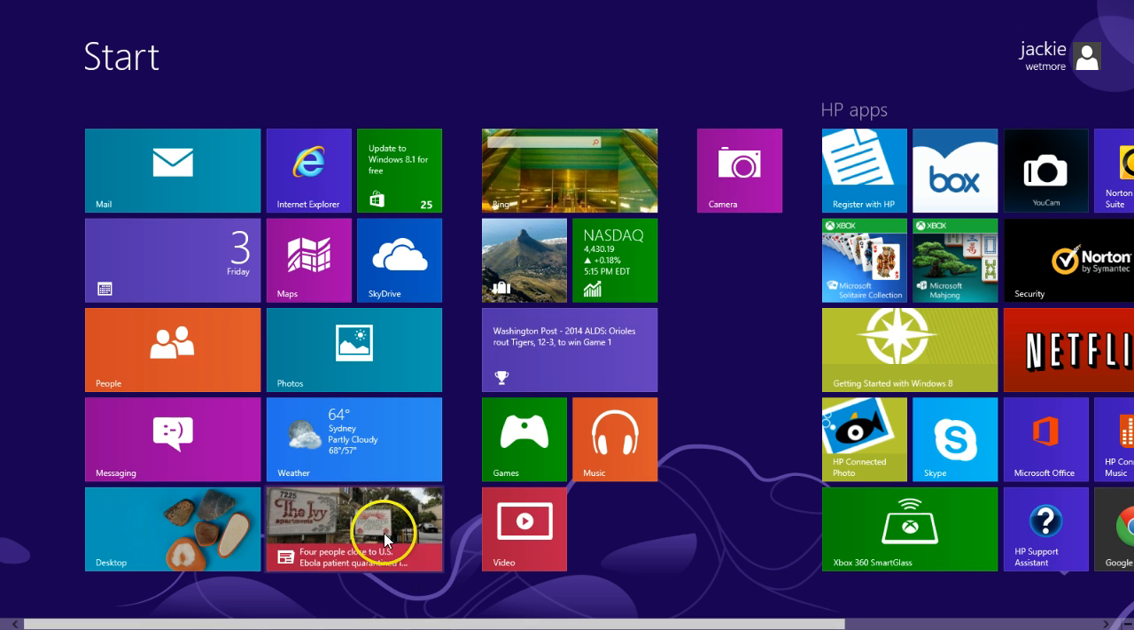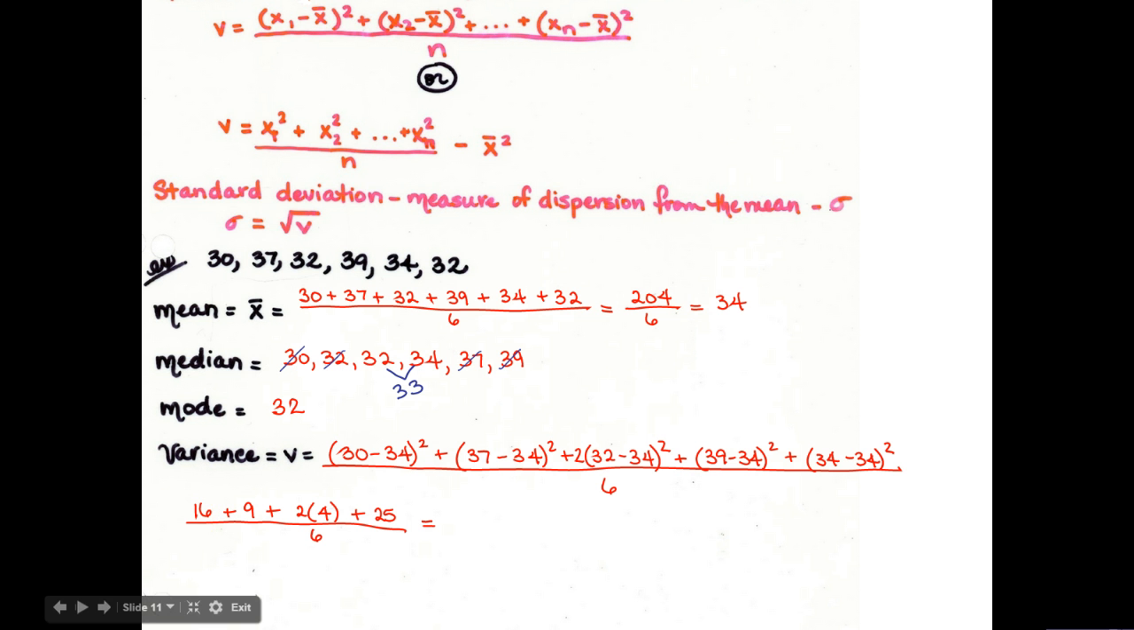Alright, divide the whole thing by 6. And we'll end up with 9.6 repeating. So that would be one way to find the variance. The second way to find the variance,